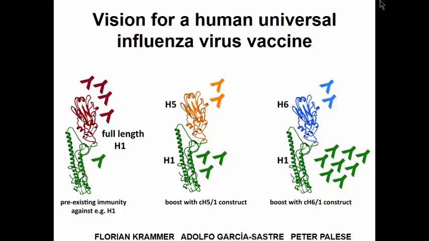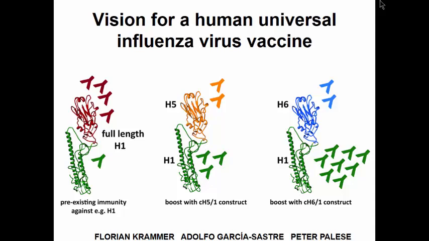And if we talk about the H1, which is one of the components of the influenza viruses which are circulating right now, we all have seen some of these viruses, and so we have some antibodies against the much more conserved stalk, but most of the immune responses are against the head. The problem with it is that the virus constantly changes, so that an antibody against a 2017 influenza virus will not be protecting us if you get infected in 2019 or 2020.